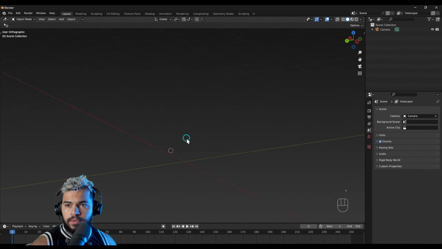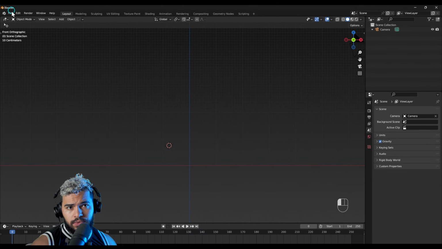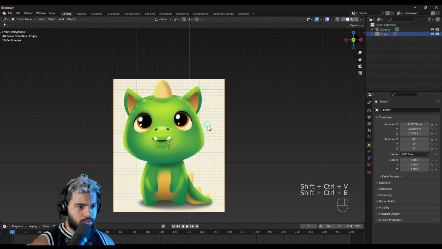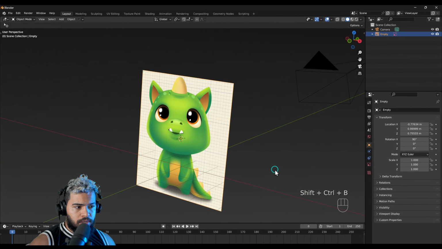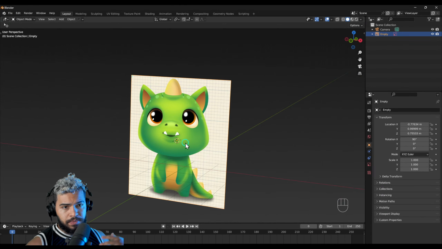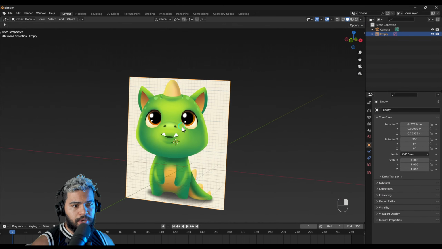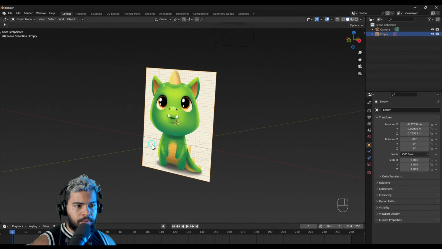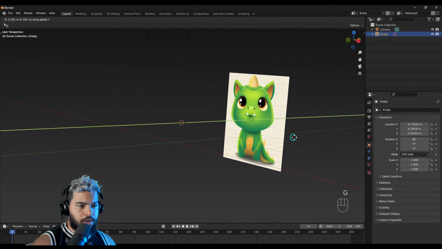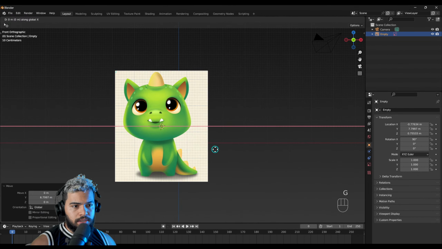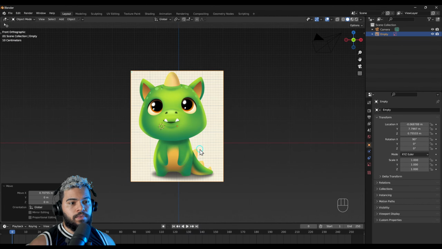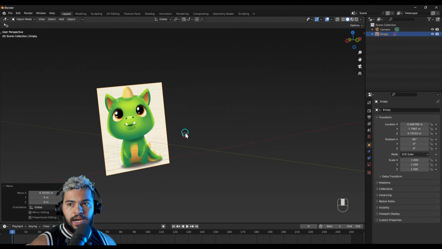I'm going to go to the front view. Remember, create a new document, go to new, and then just press Ctrl Shift V. By doing that, you see that our photo is here. This is happening because I'm using an add-on called copy and paste in Blender. Then I'm going to place this as a reference. This is important: you need to understand that we are going to use this as our guideline,